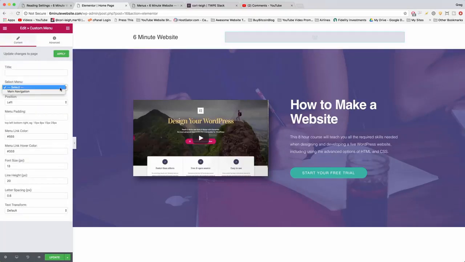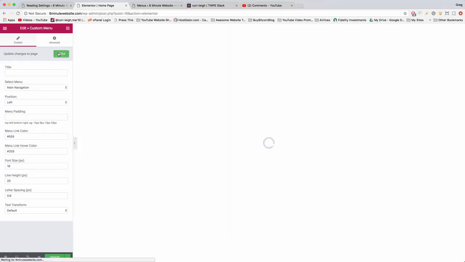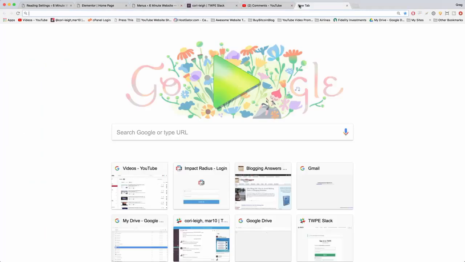Alright, now we'll select menu, main nav, and it should come in nice and inline like that, side by side. Perfect. So that looks good, nice and simple, but maybe we'll bring up the font size a little bit to something like 16. Perfect. Click apply, and then lastly click update. Alright, now when we look at the site,